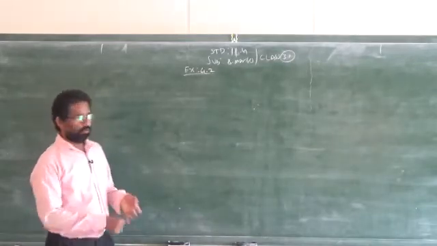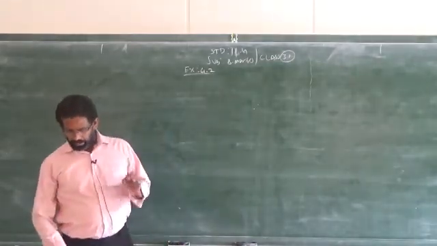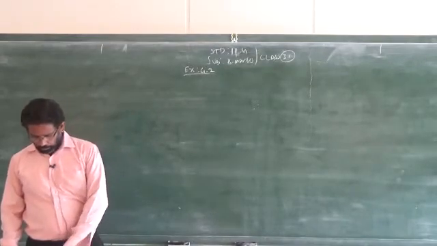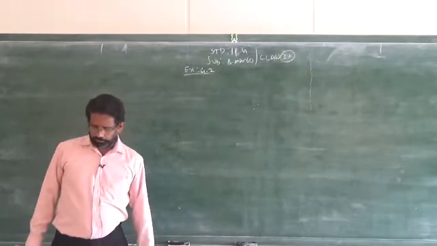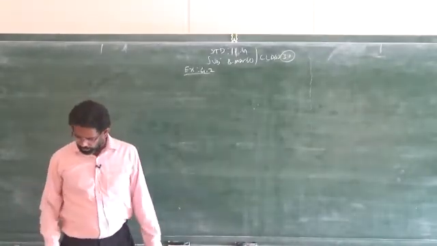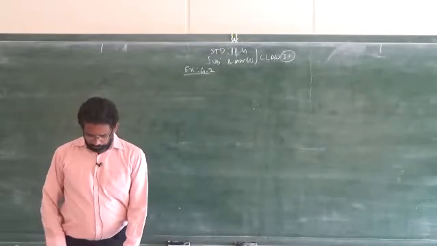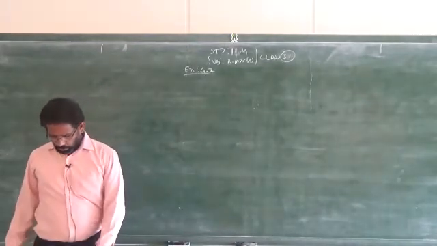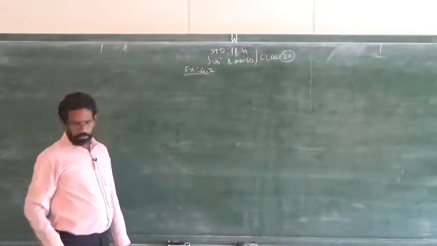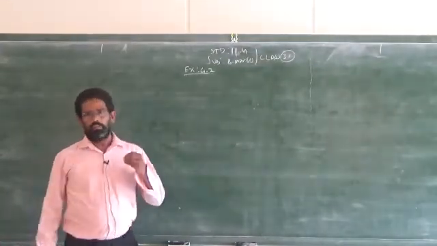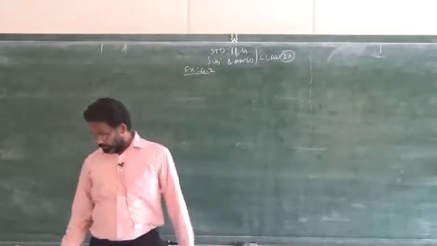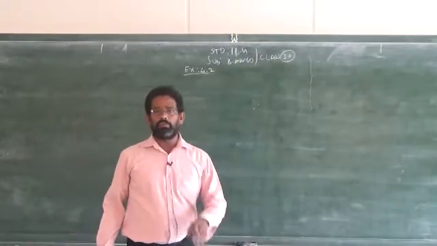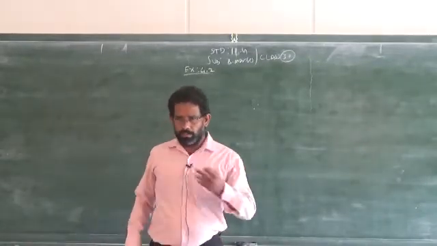Before we go to exercise number 4.2, you must memorize a few formulas in this exercise. That is page number 131 and page number 134. We have some formulas, so those formulas you have to memorize. That is very important. If you don't know the formulas given on pages 131 and 134, then it will be very difficult for you to work out this exercise.